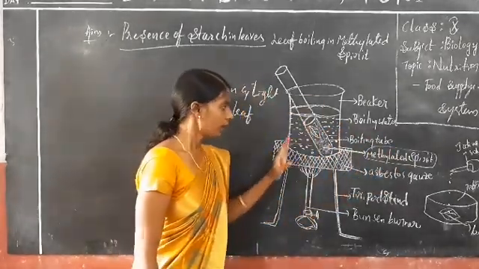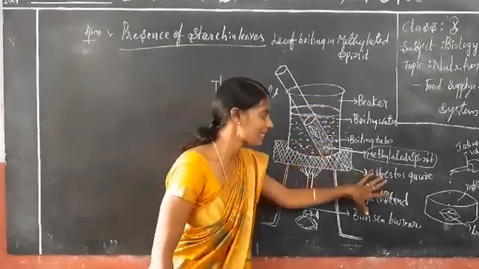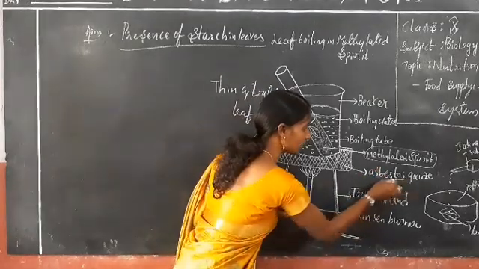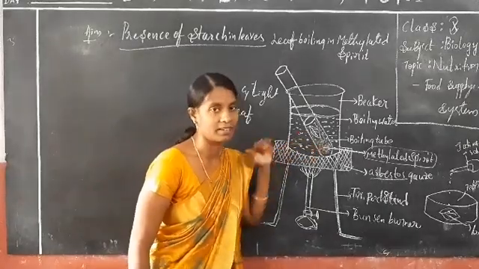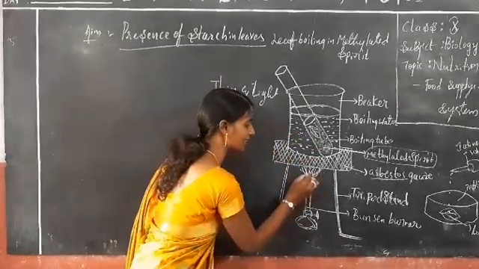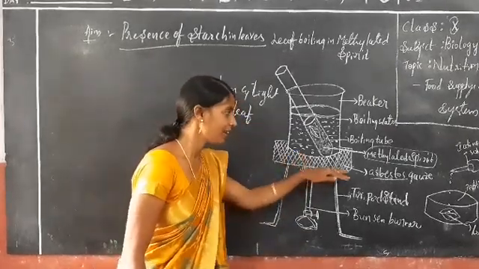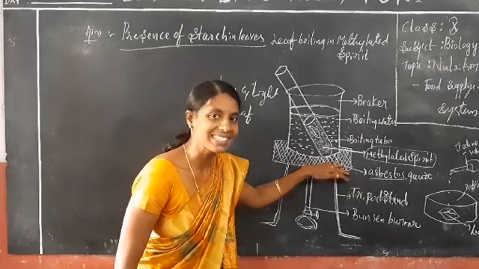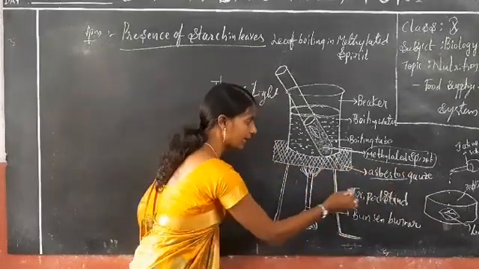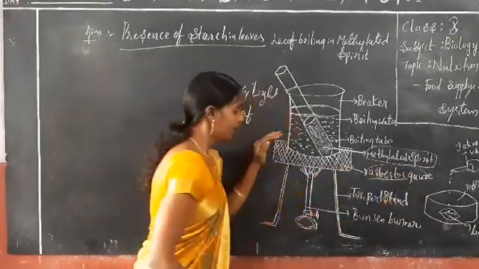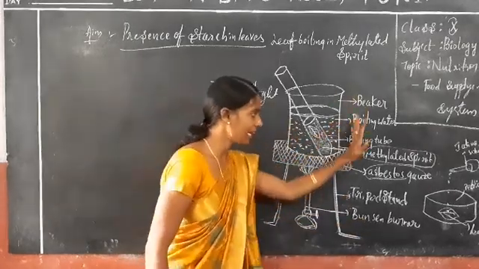After that we arrange the total apparatus on the asbestos gauze. Why are we taking asbestos gauze? It protects the glassware from breaking, because we are giving flame continuously here for up to 30 minutes. Clear all of you? So without the glass breaking we can keep it. We are also taking a tripod stand and Bunsen burner. These are the main equipments we are taking.